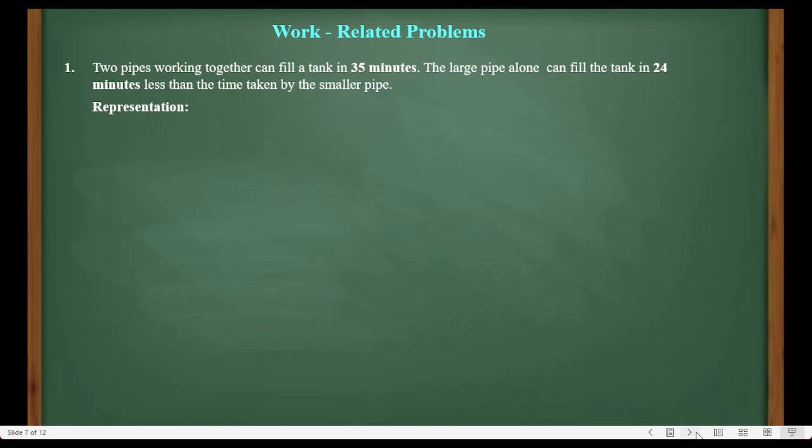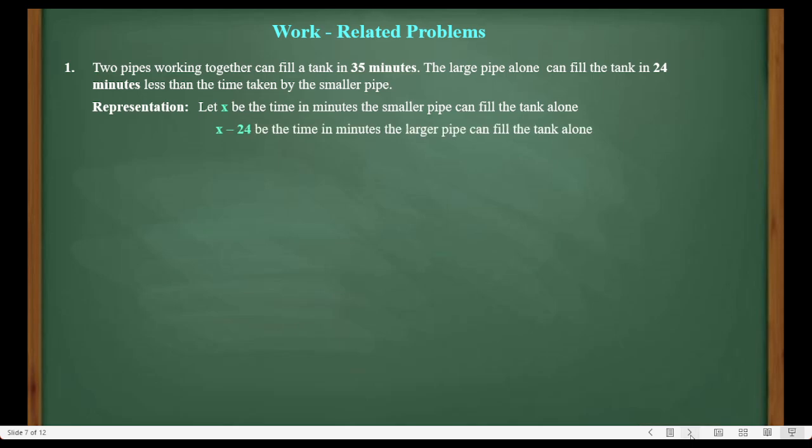So, the first part of our solution is the representation of the unknown. Let's denote the symbol x for the time in minutes the smaller pipe can fill the tank alone. And for the larger pipe, we have x minus 24